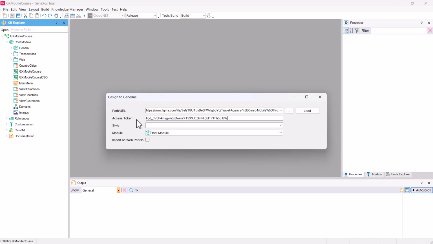For this example, the designer created a public account, so we can all try importing the design into GeneXus using the same token. We add the name of the design system object where we want all the design definitions to be stored, GX Mobile Course DSO, and leave the Import as Web Panels checkbox cleared, because we want panels to be created and not web panels. We click on Load,